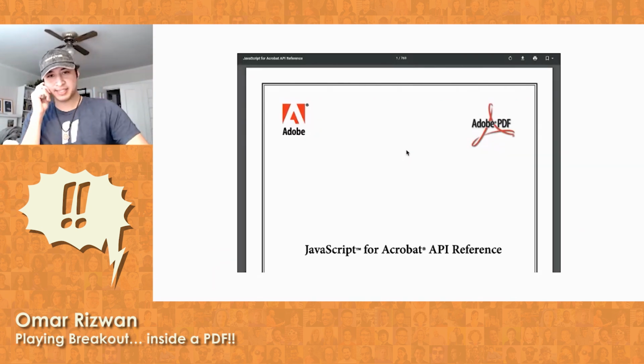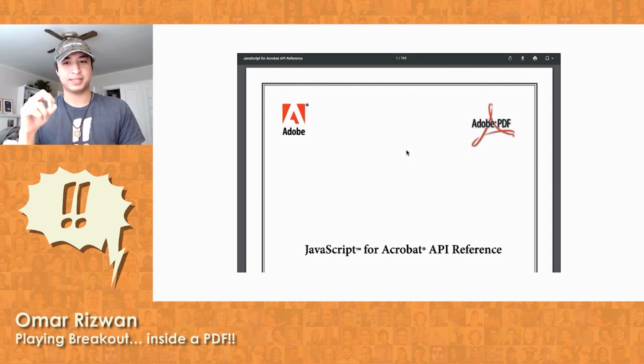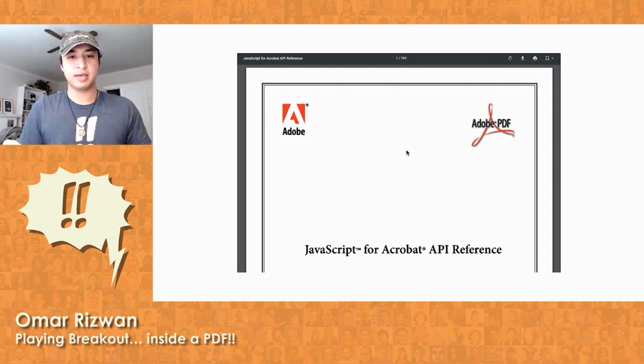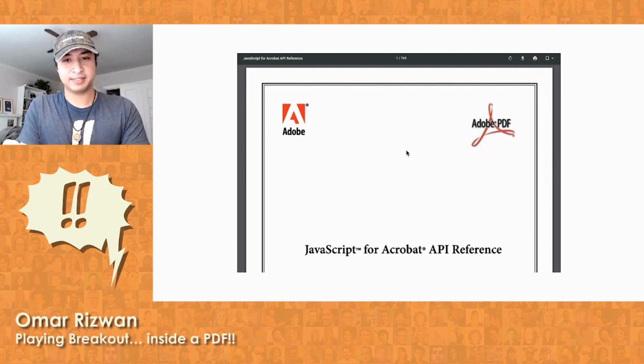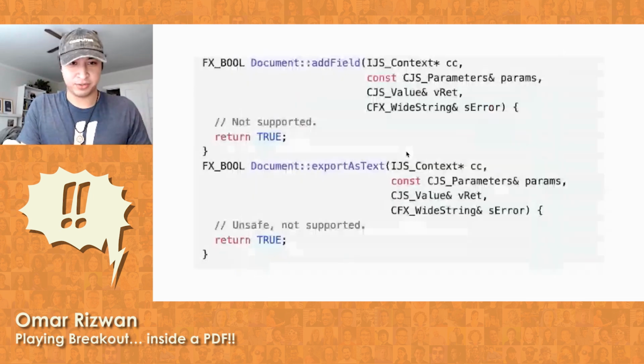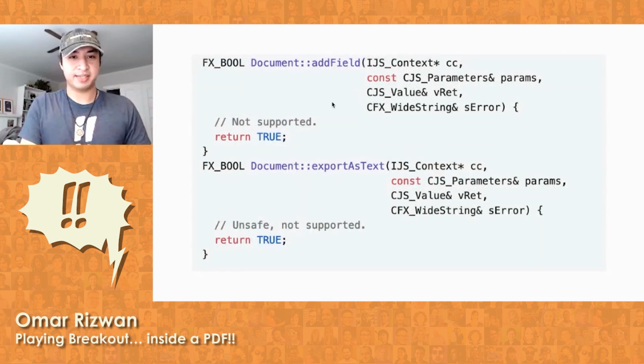But it actually gets even weirder than that to make this Breakout game, because I've been showing you these PDFs in Chrome, and this reference is for Adobe Acrobat. So this is what you're supposed to do if you're a PDF viewer. But Chrome actually only implements a weird subset of these APIs. So I went and I dug around in the Chrome source code, and I found the places where they implement